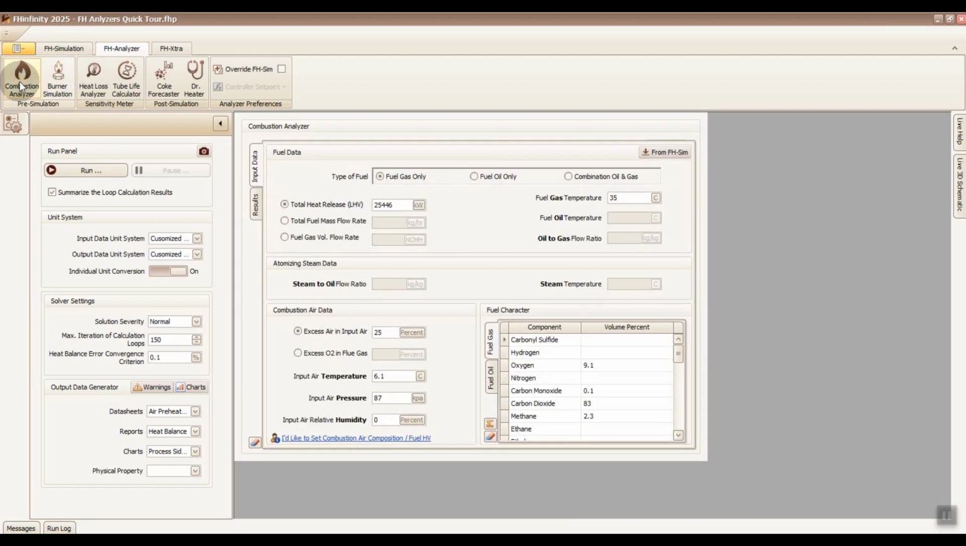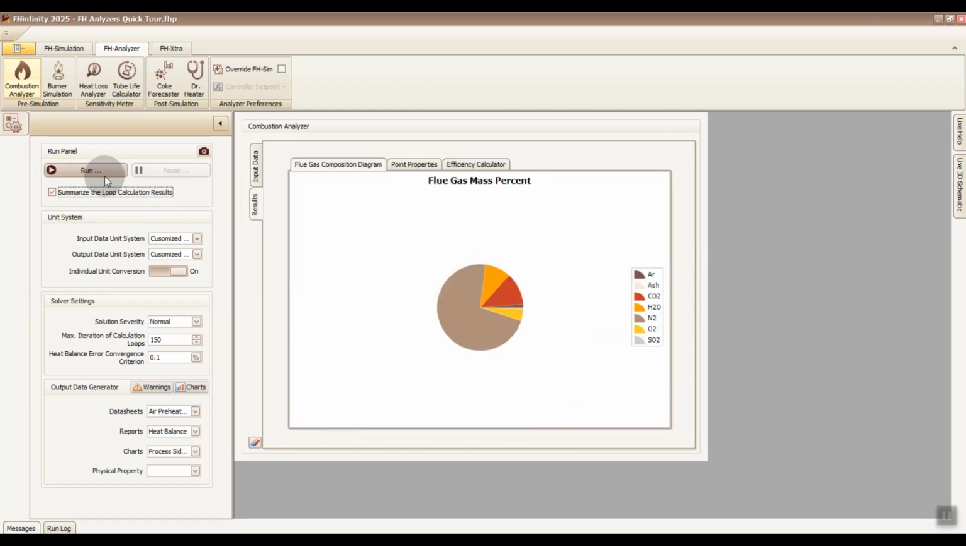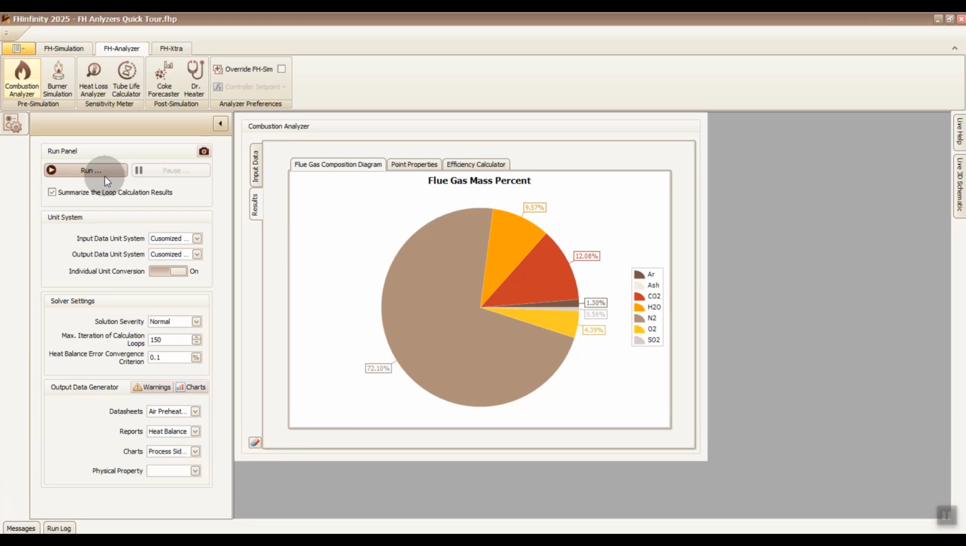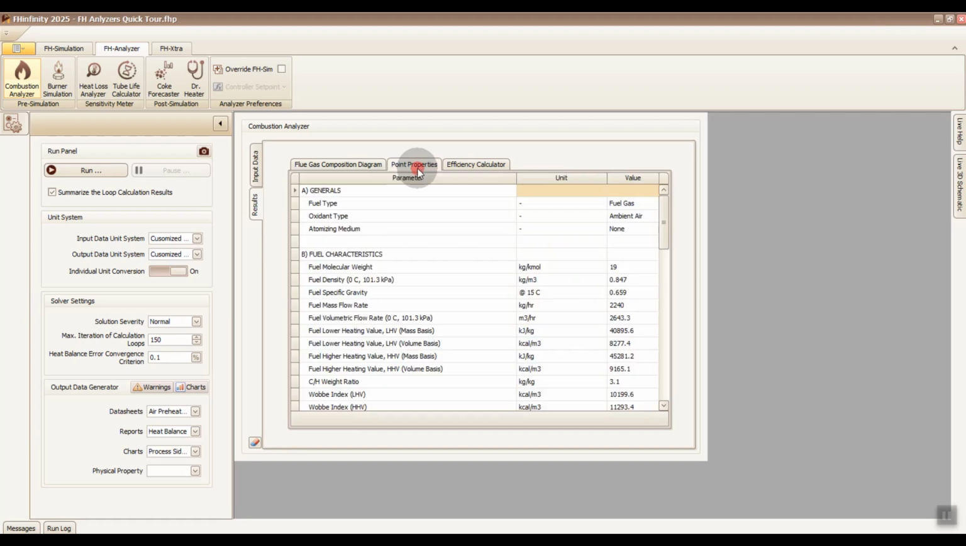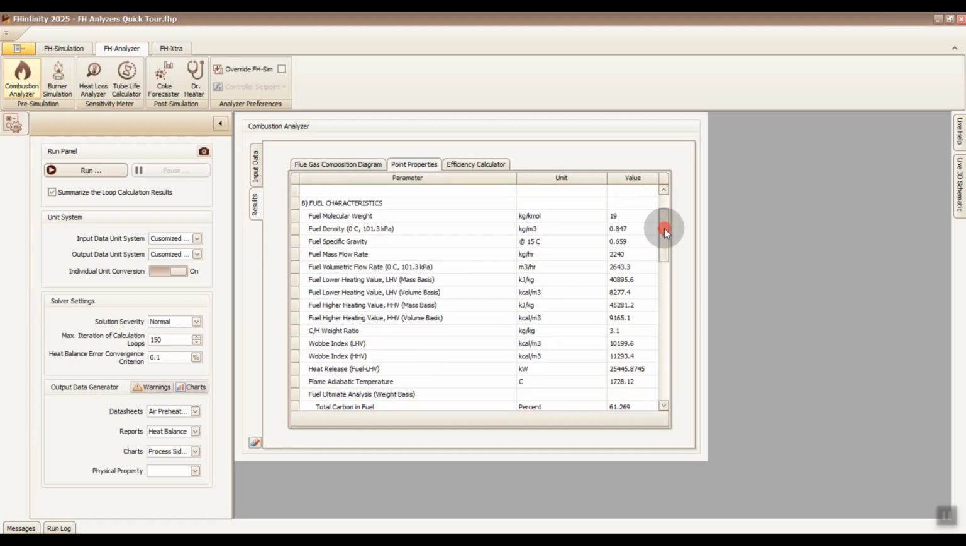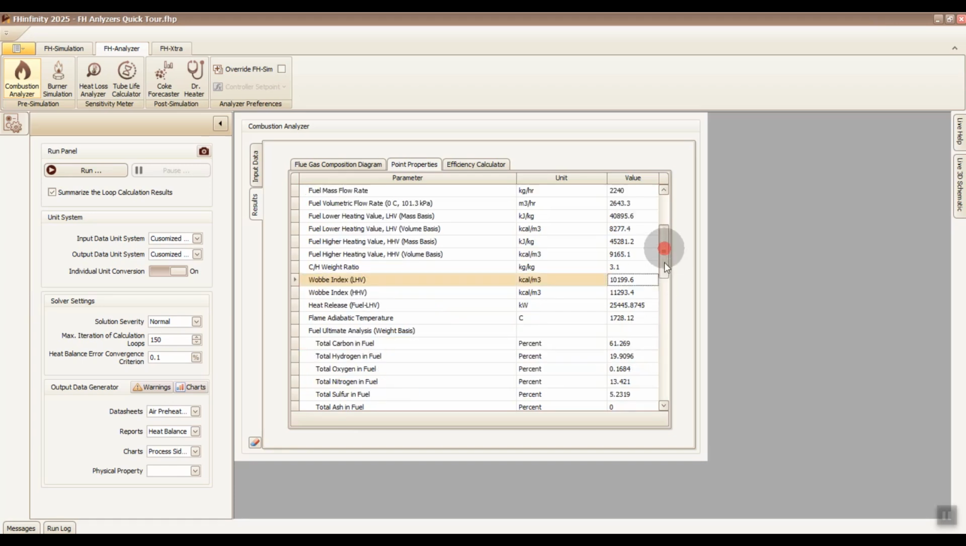Let's take a quick tour of the first tool, the Combustion Analyzer. This module enables standalone combustion calculations, no full heater simulation required. Once executed, results are displayed directly within the analyzer, including flue gas composition by mass and volume %, dry and wet basis, fuel properties such as lower heating value LHV and WAV index, detailed breakdowns of combustion air requirements and